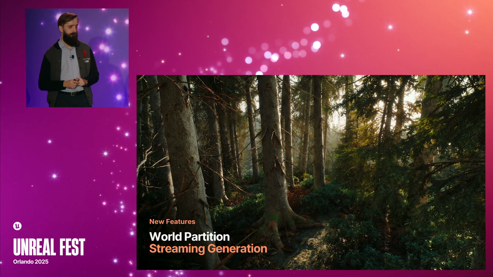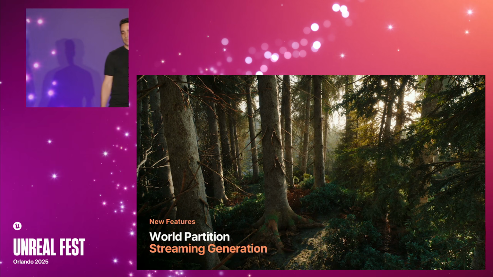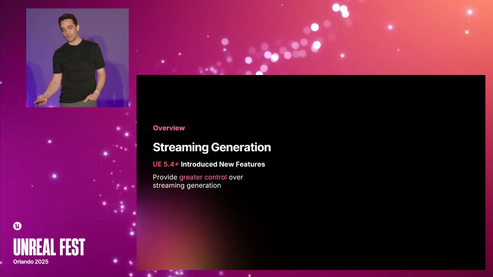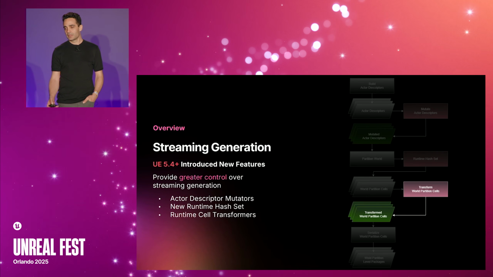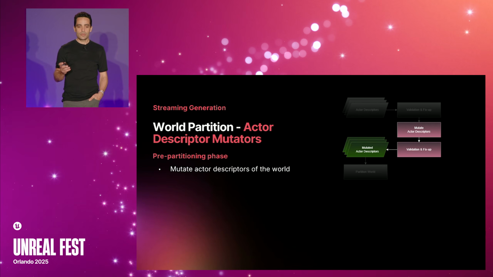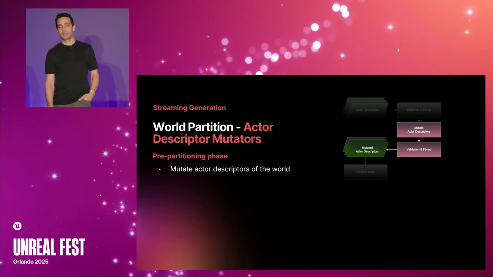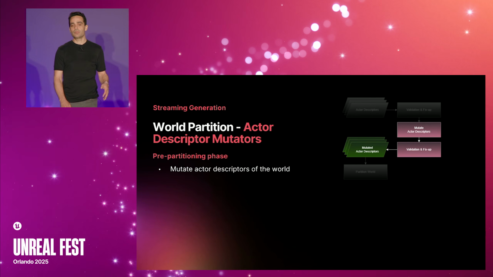So starting with the 5.4 releases, we started introducing new features aiming to provide users with greater control over the streaming generation process. We added actor descriptor mutators, a new runtime hash set, and runtime cell transformers. So in the pre-partitioning phase of the process, actor descriptor mutators were introduced to enable modification of actor descriptors of the world. They allow to automate tasks that previously would have required a builder, but without having to check out,